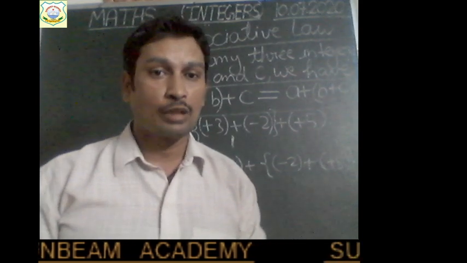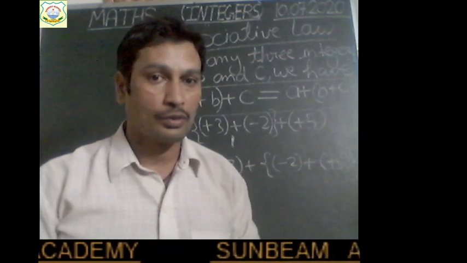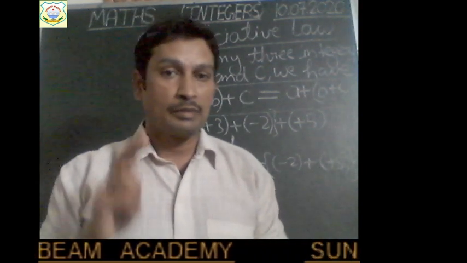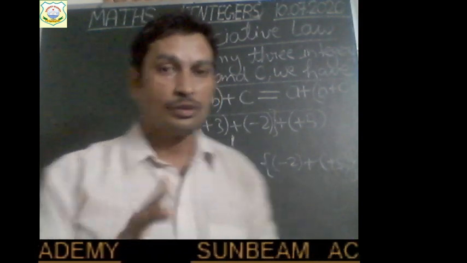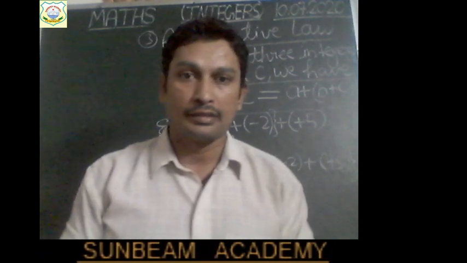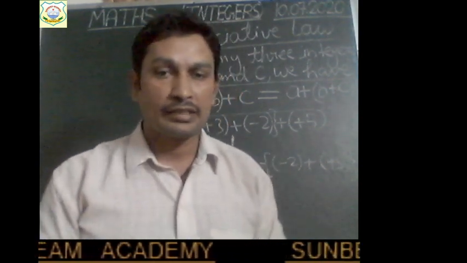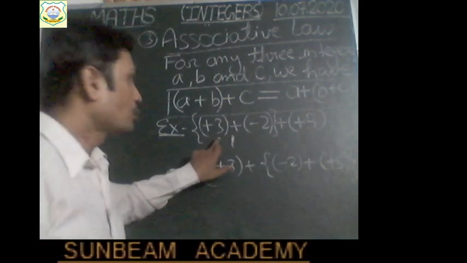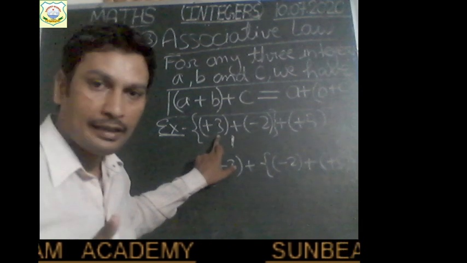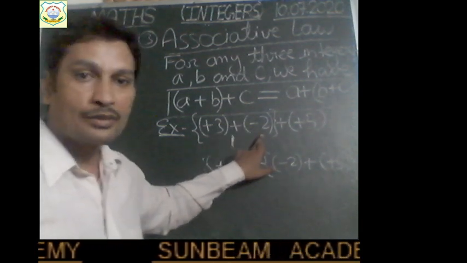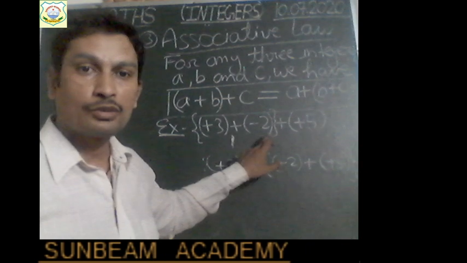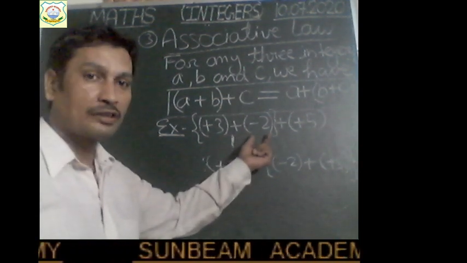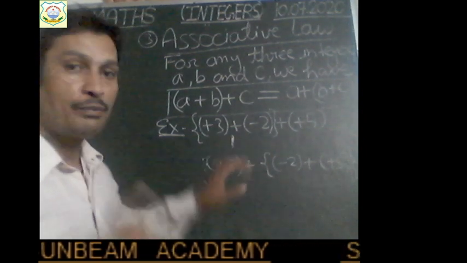What will be the sign, children? Because in integers you have to take care of the sign also. Okay? This is a very common mistake students make. So let me remind you, if we are adding two integers with opposite signs, then we will use the sign of the integer whose absolute value is greater. Absolute value of plus 3 is 3. Absolute value of minus 2 is 2. 3 is greater than 2. We can say the positivity of 3 is greater than the negativity of minus 2. Okay. So the result will be positive only.